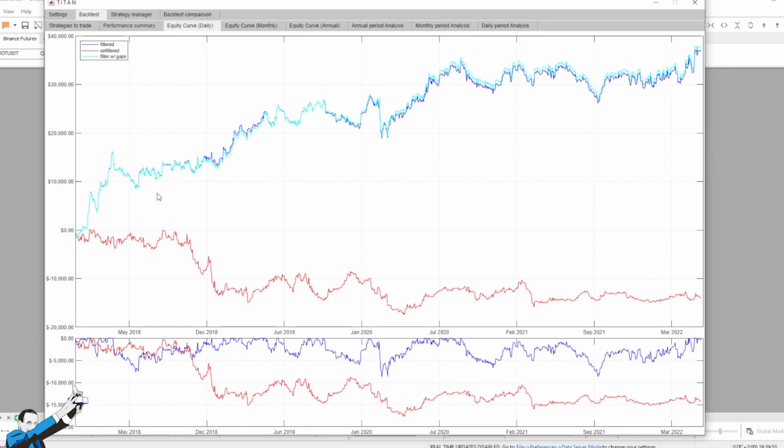You can see that in this case there is an even clearer difference compared to the unfiltered equity. That's to say, trading by including the equities based only on the capital that we have available, and without looking at whether the system is performing well or not. While if we look at the filtered equity line, we see that it's a completely different story. Let's take a look at the performance summary.